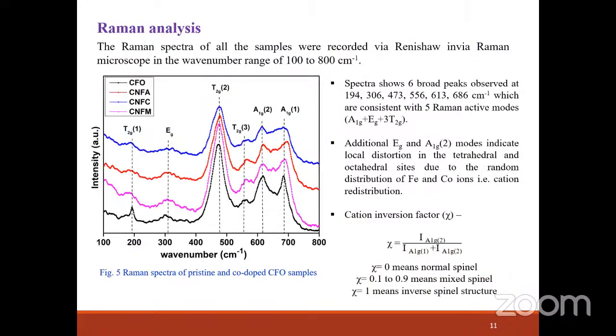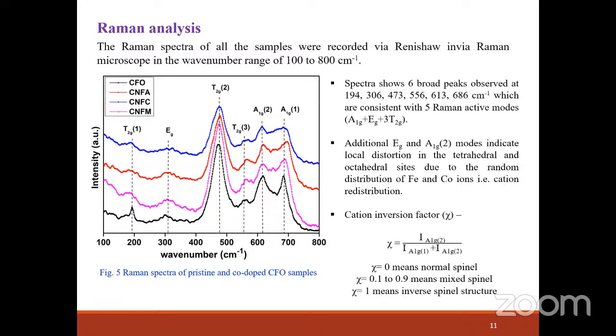Along with that, Raman spectroscopy analysis has also been performed, and it shows 6 broad peaks corresponding to the active Raman modes of the cobalt ferrite. And in this, the Eg mode indicates the local distortion in tetrahedral sites, and the A1g(2) mode denotes the distortion in the octahedral sites of the cobalt ferrite, and it is because of the doping that the distortion is produced. So it is actually an inverse spinel structure, but after doping the distortion is produced, so that the cation ratios